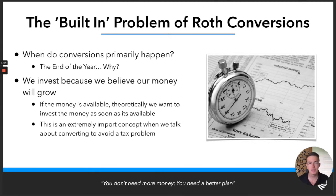But if we think about this, this doesn't really make the most sense as far as getting the most out of your Roth conversion. Okay, this would be the equivalent to us saving up each of our 401k contributions till the end of the year and making one large contribution. Okay, we know that it behooves us a lot more to make smaller contributions throughout the year as our paychecks come in. So the question we're going to answer in this video, does it make the same sense on the